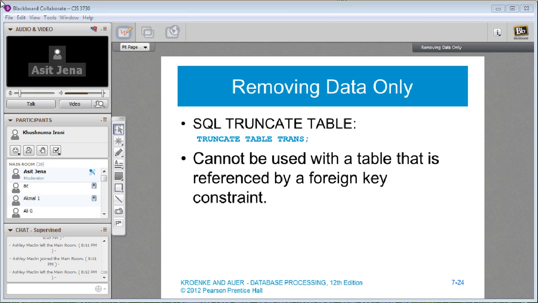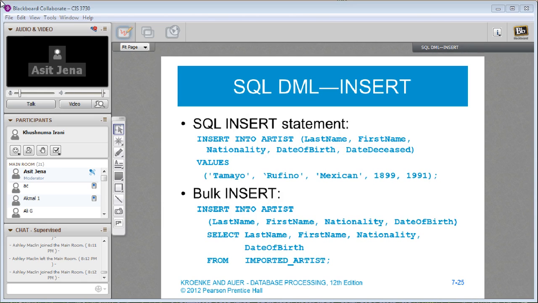Truncate cannot be used with a table that is referenced by a foreign key constraint. We cannot do that because the other table is looking for this data to be in this particular table, and you cannot delete all the content because the key of this table is the foreign key to another table which exists, and so you get an error. First, you remove the foreign key. If you have to truncate this table, you have to remove the foreign key constraint. Then you can truncate the table. But you cannot truncate the table while the foreign key constraint is still available.